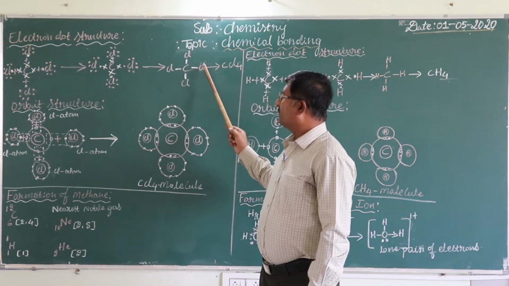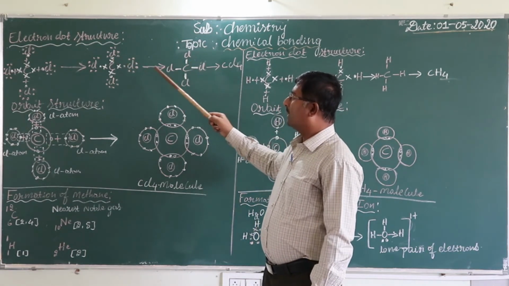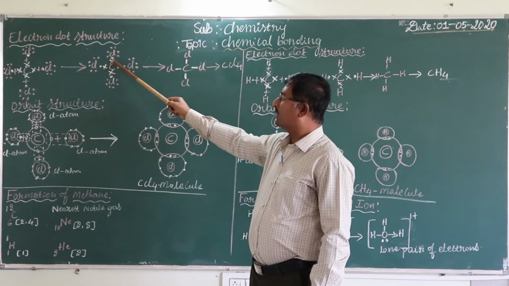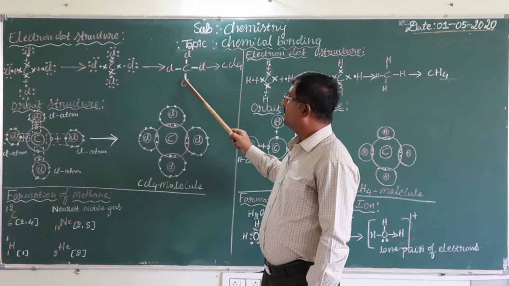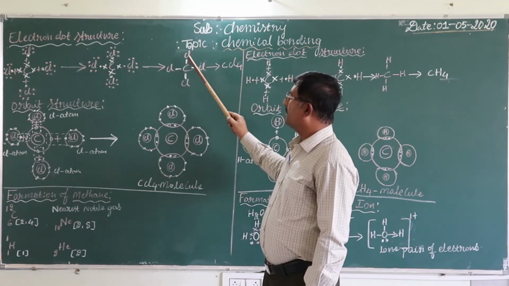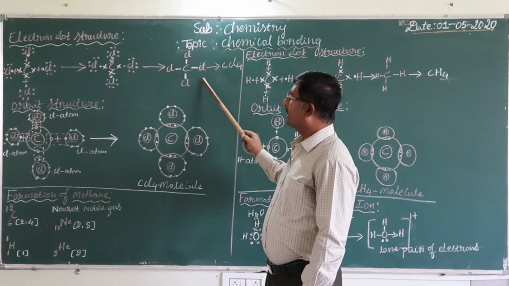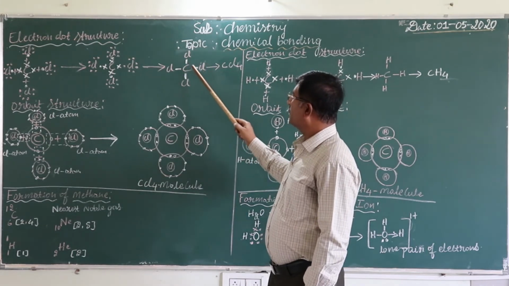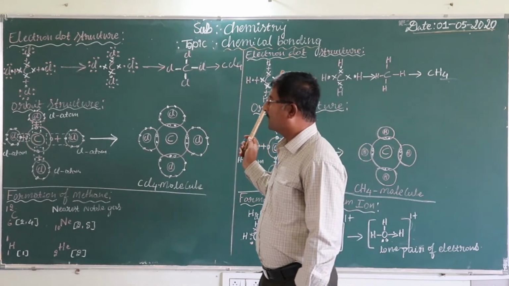See, like this bonding will take place. For one chemical bond at least 2 electrons are needed. These 2 electrons will make 1 bond. Like this, bonding will take place between carbon and chlorine. See, like this carbon and 4 chlorine atoms are there. So, carbon tetrachloride. Tetra means 4. The carbon tetrachloride molecule will form like this.